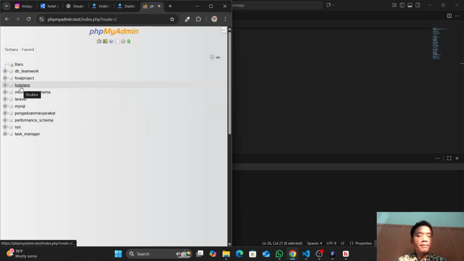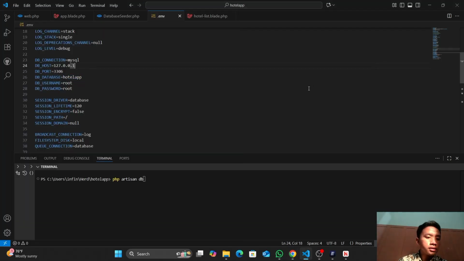So we will open phpMyAdmin. We will find the name of my database in this project. The name, I think, is hotel app. So open it, and don't forget, in every change you have to migrate.